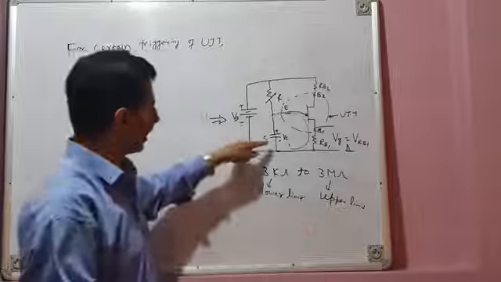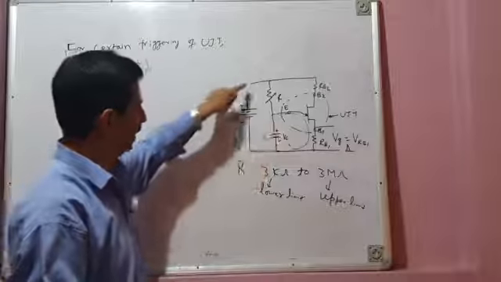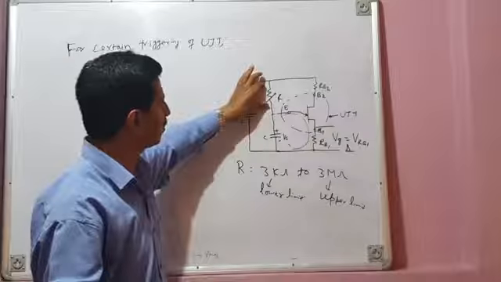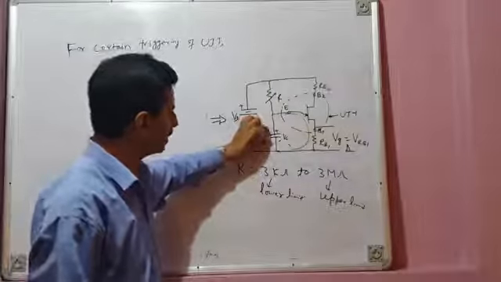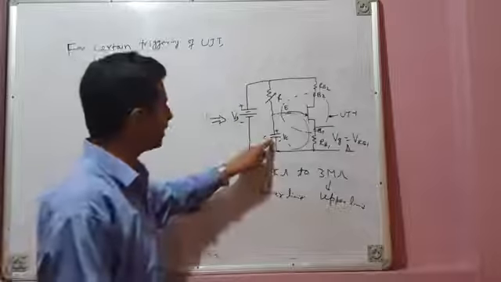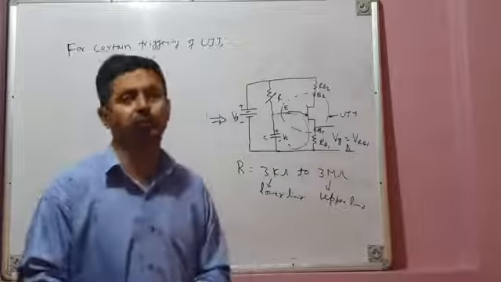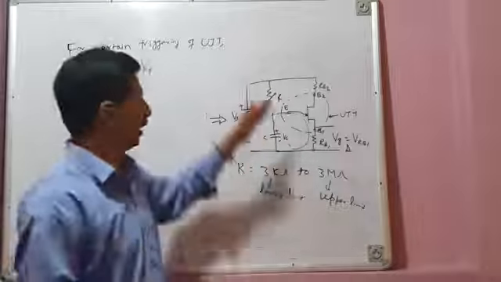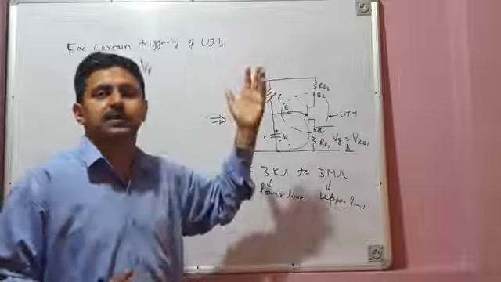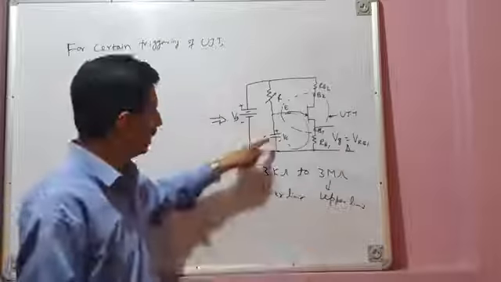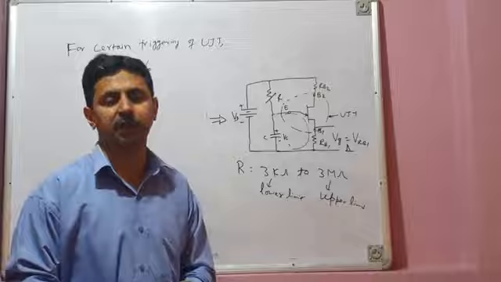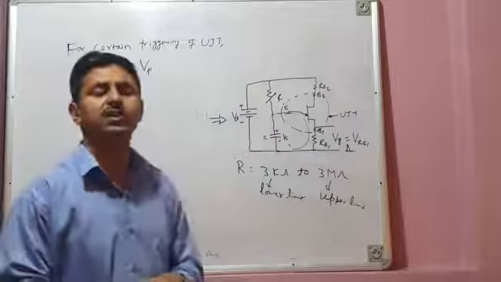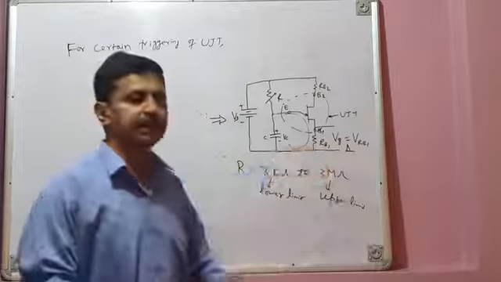See, when the capacitor is charging, it is charging like this. If the value of resistance is very, very high, then there may be a maximum drop here, and the voltage across this capacitor will be very, very small, and this capacitor voltage may never reach the peak point voltage. If this R is very high, say 10 megaohms, 20 megaohms, this capacitor will never reach its peak point voltage. So when the capacitor voltage never reaches its peak point voltage, the UJT will never fire.